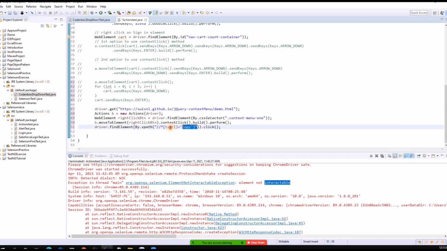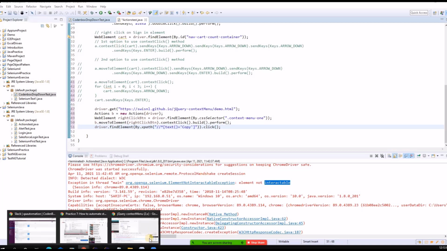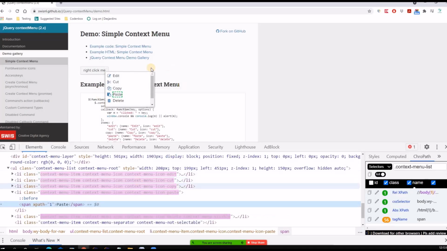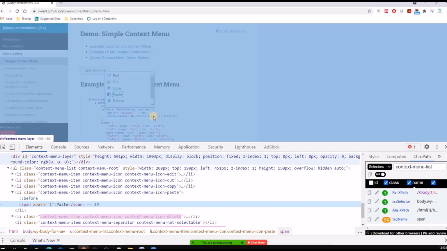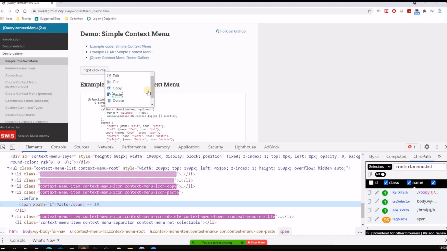So this is the copy one, the copy option, right? I separately, individually define that: locate that element, and then apply the click method. It should click, right? So you see the difference. If it's tangible, if it's possible to locate the element like this, then you can apply any function. But if it's not able to be located, it means it's not tangible, and then it's difficult